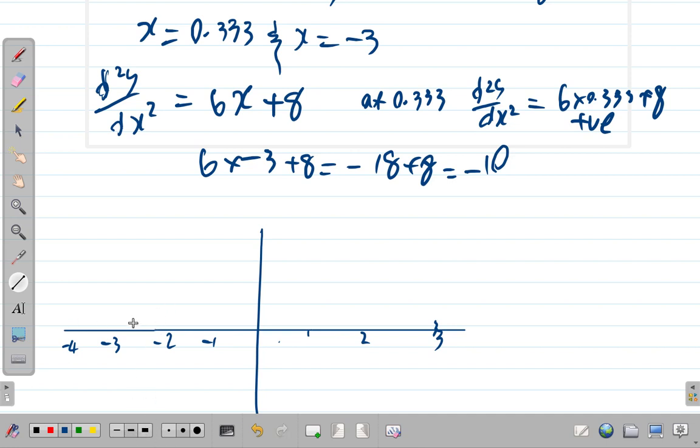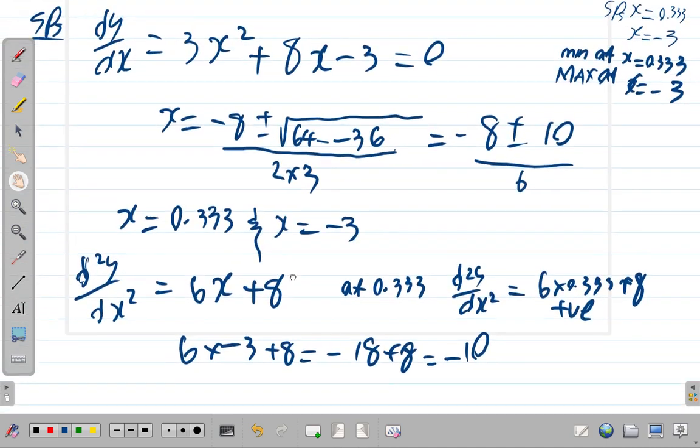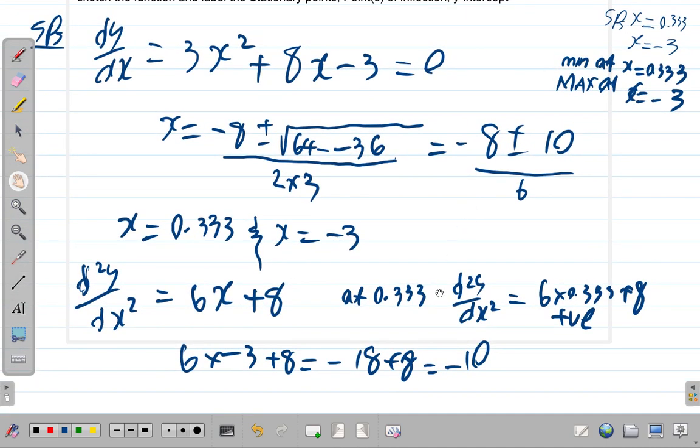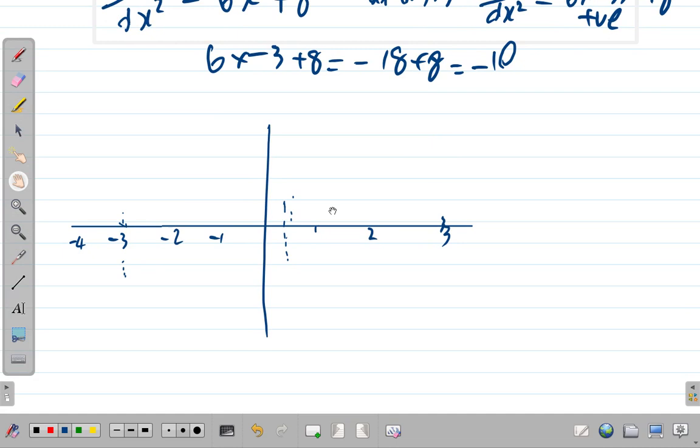One stationary point will be somewhere lined up with -3, and the other one will be lined up with 0.33, or 1/3, somewhere there. But anyway, what we know also is that the one at 0.3 is a min and the other one is a max. 0.3, this will be a minimum point. We don't know exactly where it is yet. So let's just do this and this. So far,